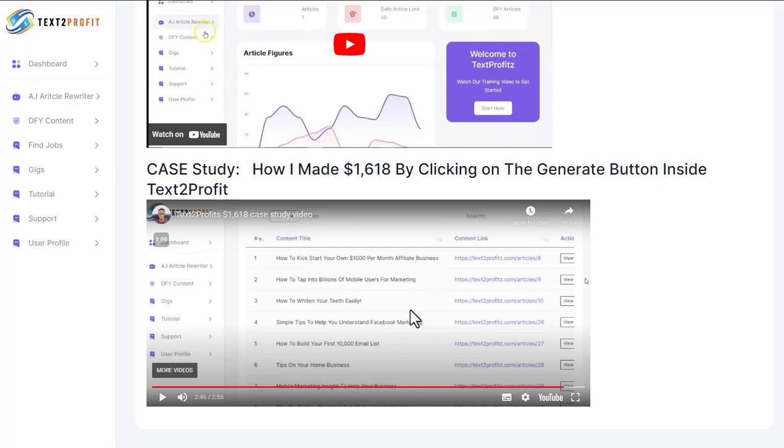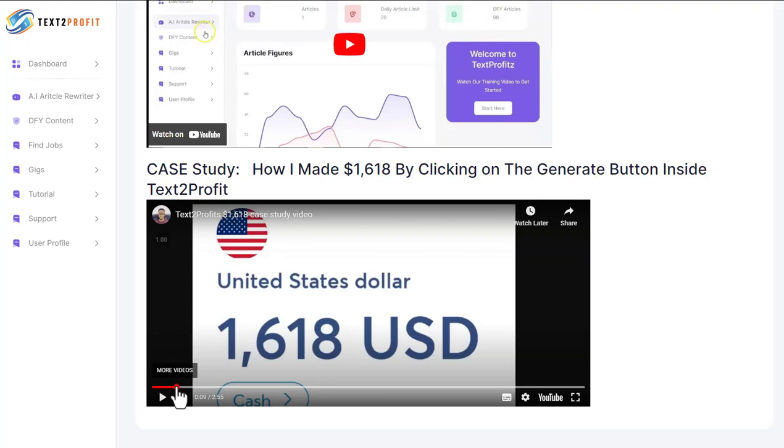A case study is supposed to show you them actually generating the article, putting it into the area, getting the orders, a proper case study that shows you the money. It doesn't show you the money. It shows you a graphic on a sales page that says this. It isn't even a receipt of any kind. So I just think it's a little bit nonsense.